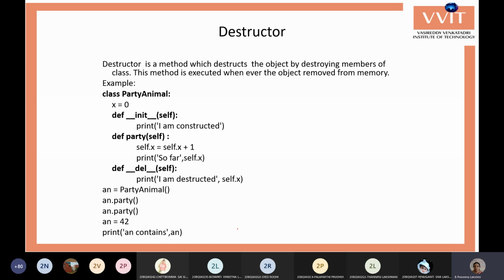At that time, whatever you want to do, sometimes we need some code to be executed at the time of creating the object, and sometimes we need to execute some code at the time of deleting the object. For that we can use these constructor and destructor methods to write the required code to be executed at that particular time. This destructor method is generally used whenever you want to release the memory space of any of your variables in the class.